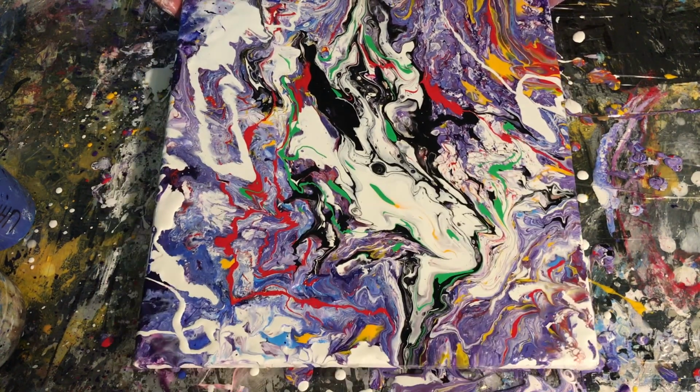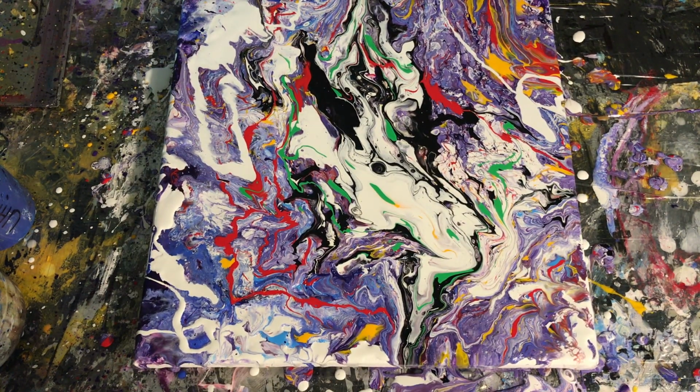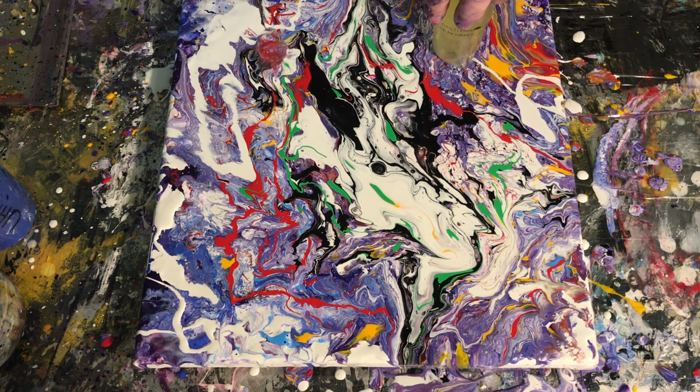But I always love the textures that develop with black and white together, and also when they're complementing other colors. Now, this little goofy toy I'm using was from the kids section, probably at the dollar store. It's just a little soft plastic toy filled with water or gel. I'm not sure if it's a gel or water, but it's $1, and it bends in half and it wrinkles up and you can squeeze it, and it's just a little